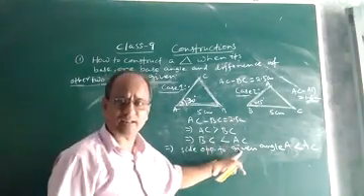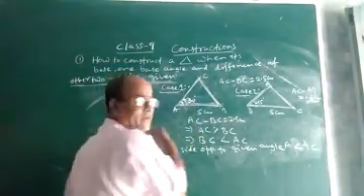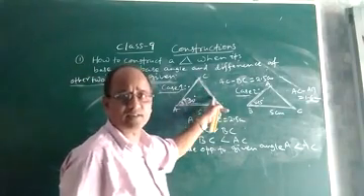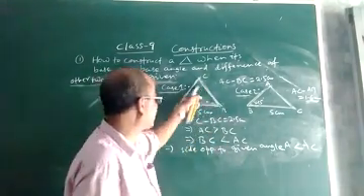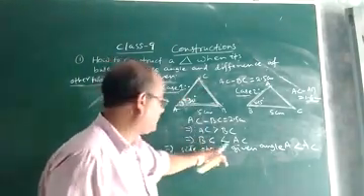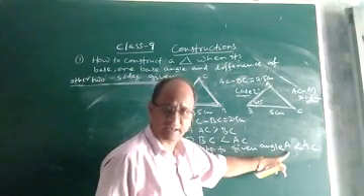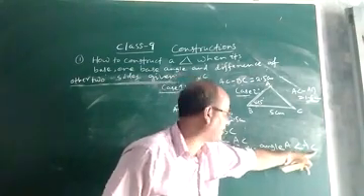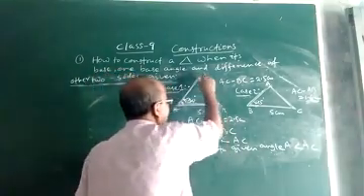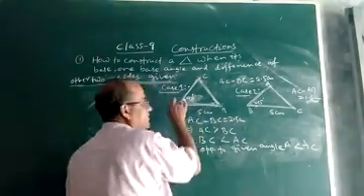If BC is less than AC, look at this. BC is the side opposite to the given angle, and it is less than the third side. Which is the third side? AC. So that I wrote here. If BC is less than AC, it means the side opposite to the given angle A is less than the third side. Which is the third side? In this case, the third side is no doubt AC, because this is the base and BC is the side opposite to the given angle A. Clearly AC will be the third side.